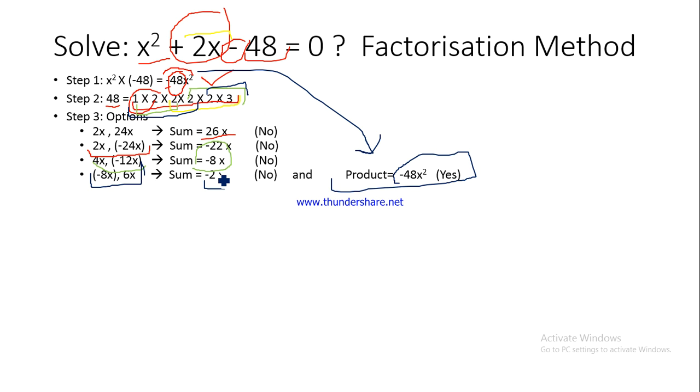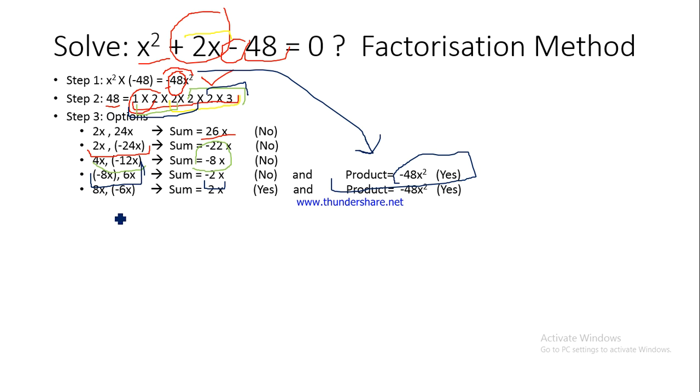Had there been no negative sign, it would have been 14x, and that is what I don't want. But then this gives me an idea: had it been minus 6x and plus 8x, I would probably have got 2x, 8x and minus 6x instead of minus 8x and 6x. Had it been 8x minus 6x, then probably I would have got plus 2x here, and this takes me to my next guess